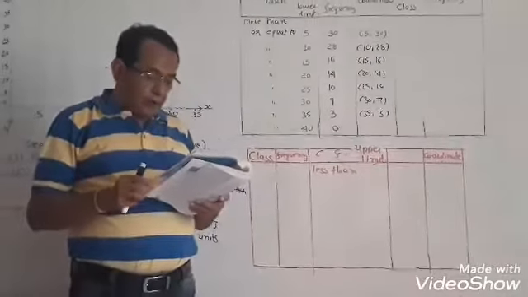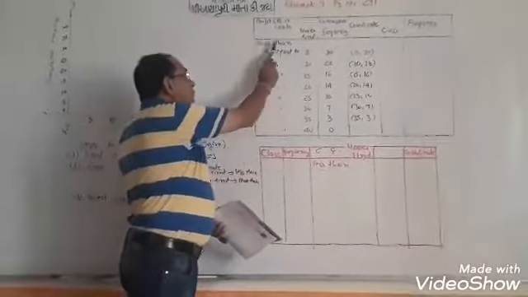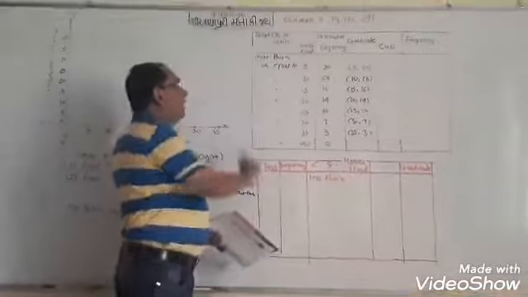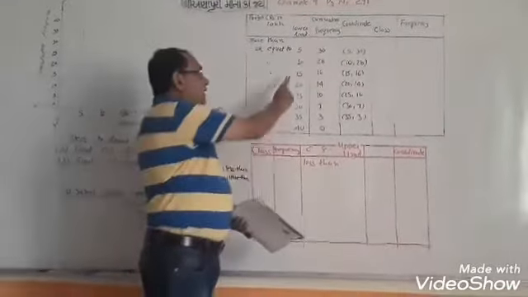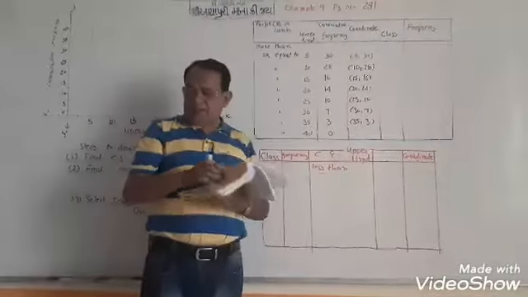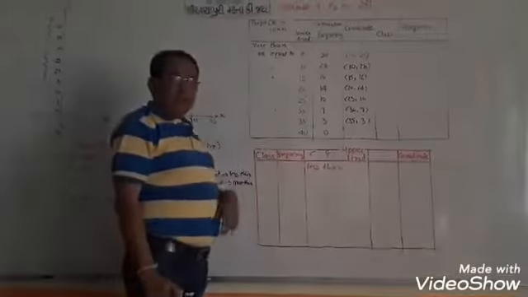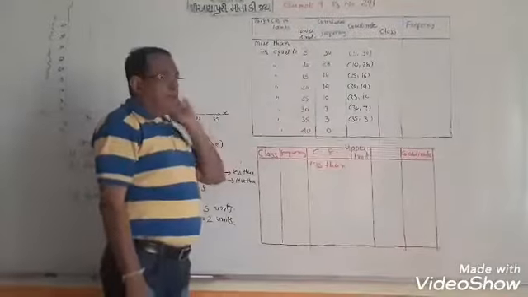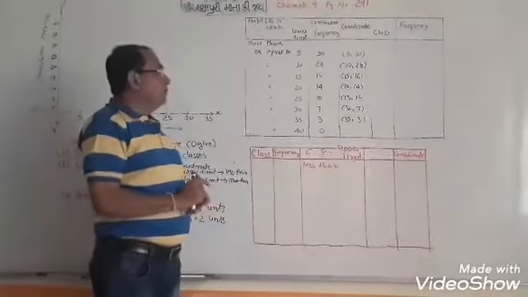In a locality gives rise to the following frequency distribution. More than or equal to 5 lakh, frequency 30; more than 10 lakh, 28; so on we are given. Now we have to plot both types of frequency curve, less than type and more than type. From that we have to find the median.